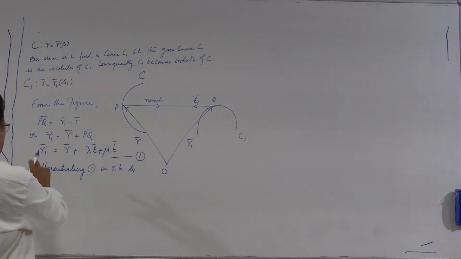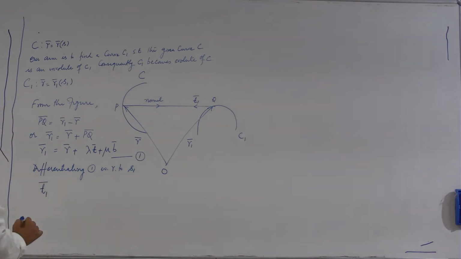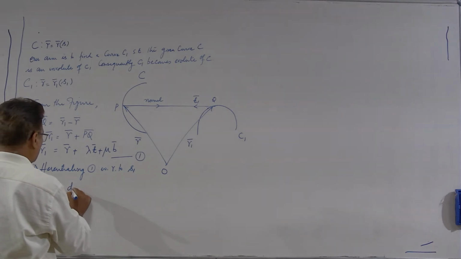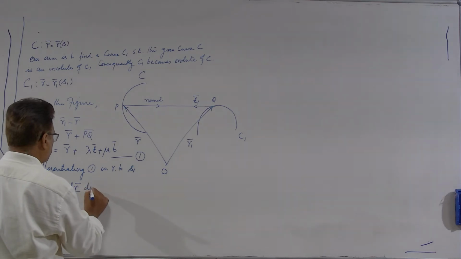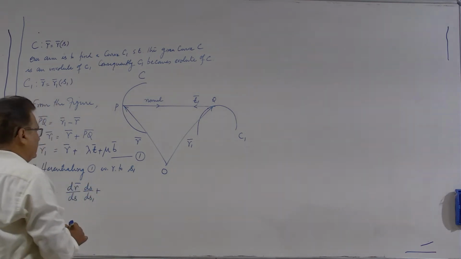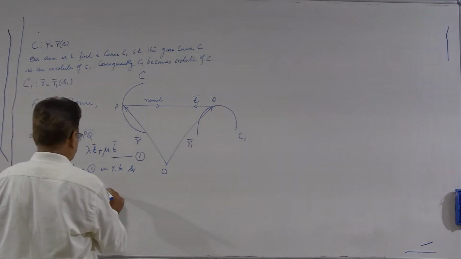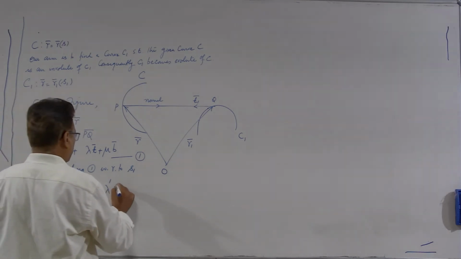So, derivative of R1 with respect to S1 will be T1, the unit tangent of the curve C1, and on the right side I will write down dr over ds into ds over ds1, plus lambda and mu will also be functions of S. So, plus lambda dash, derivative with respect to S, into ds upon ds1,